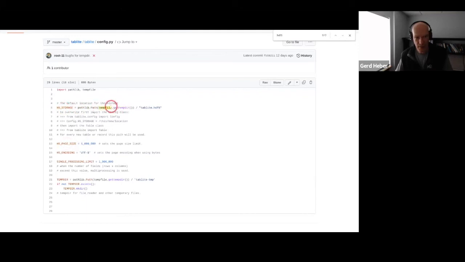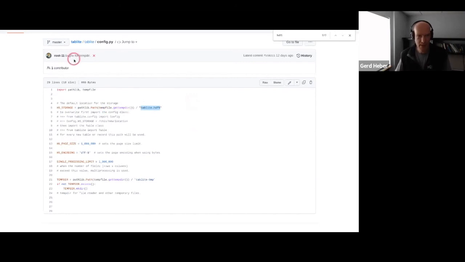So this is basically, tempfile is a module in Python, and you have a default directory where temp files are being generated. So on a standard Unix system, this would be /temp, but it could be something else in other environments. And then, so let's say this is /temp/tablite.hdf5.